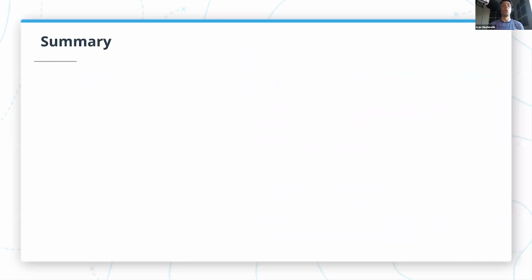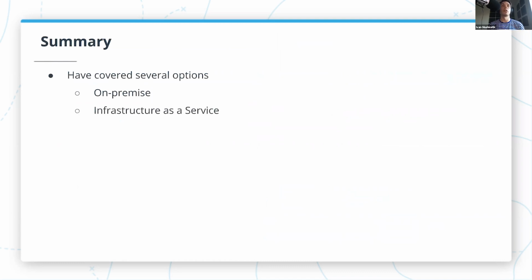Okay, so we went through different options in this webinar, from the oldest options or most low-level options to most recent options to deploy and develop our applications. And we started with on-premise, which is an option when we don't use cloud services and run infrastructure ourselves. Then we talked about infrastructure as a service that allows us to rent machines from a cloud provider. Then we talked about container as a service that allows us to run our application in multiple containers.